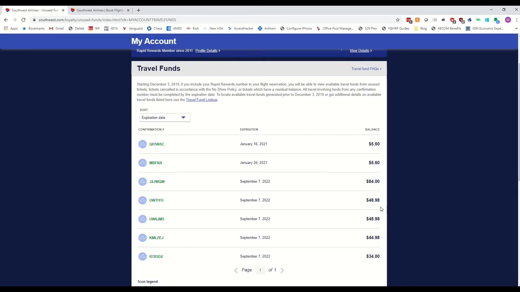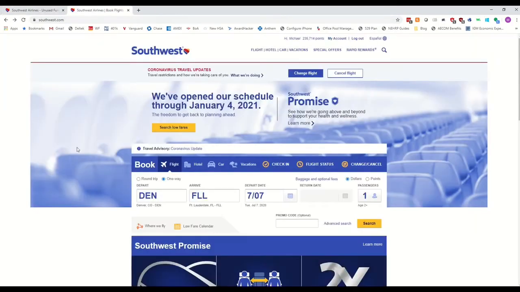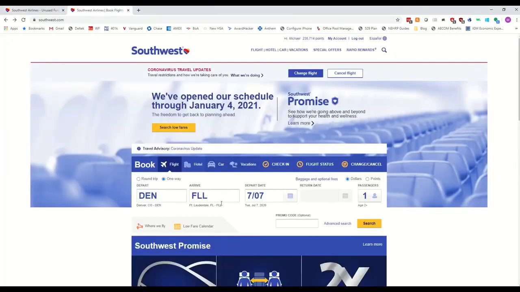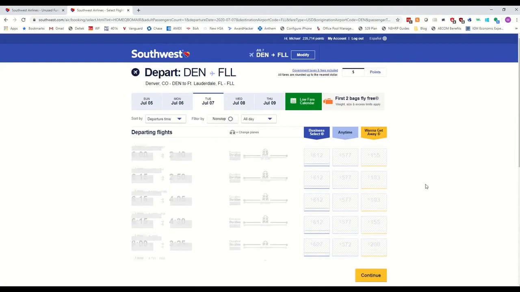this $49 travel fund. So in order to do that, I will then go over to Southwest's main page and put in a location where I think I can find the same value of those 2 travel funds combined. So if you combine $84 and $49, that's $133. So I will look at Denver to Fort Lauderdale and see if I can find a flight for $133